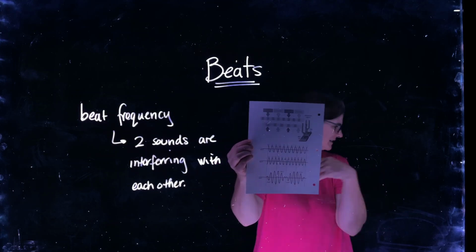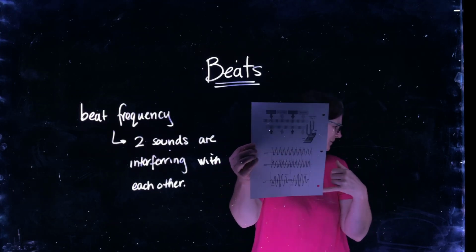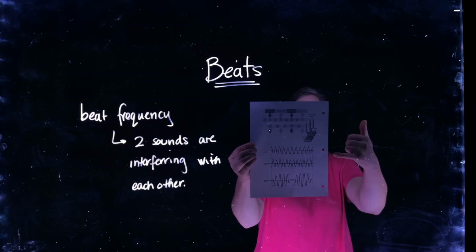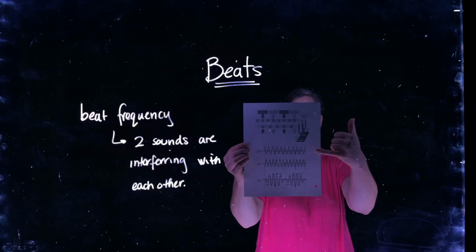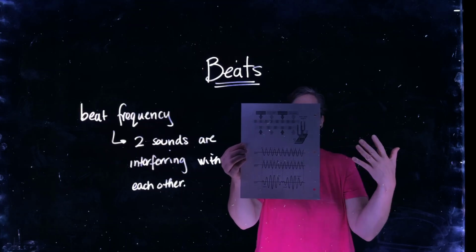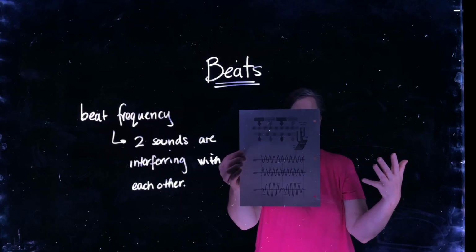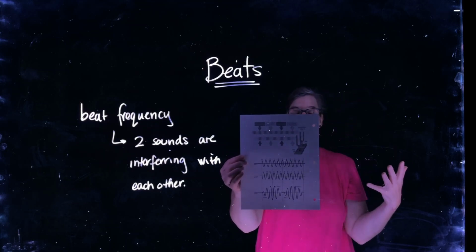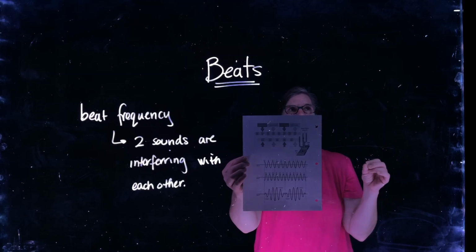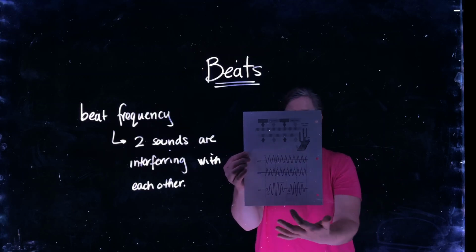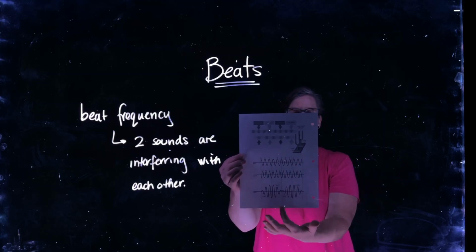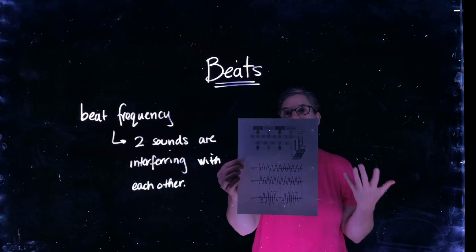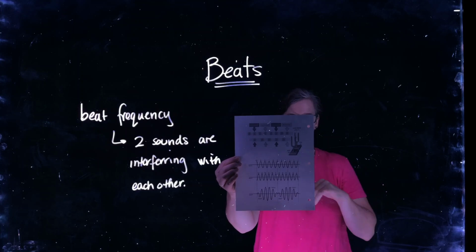So you can see in this top one, I hope you can see that well. I'm trying super hard to hold it steady. We can see in this top line that we have a frequency. The lower line is a very similar frequency. So two waves that are being generated, and then they're interfering with one another. And where they have destructive interference, the resultant wave is very low amplitude, and where they have constructive interference, the resultant wave, of course, has a higher amplitude.